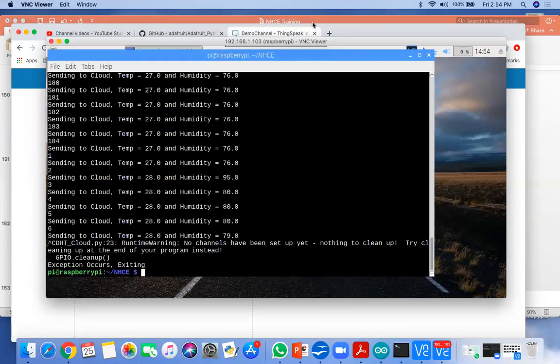Now, if you change the cloud, instead of ThingSpeak, just create a channel there, and when you create a channel, you will get one URL. If they support the GET method, then urllib2 will work fine.